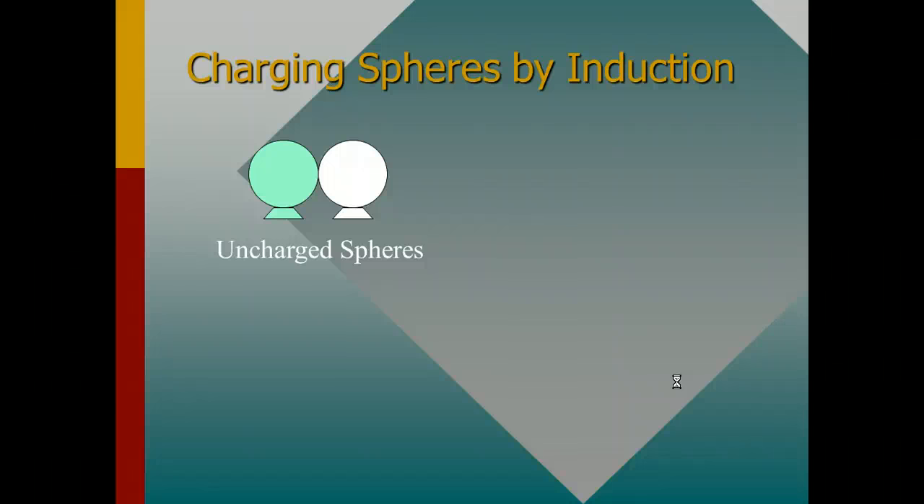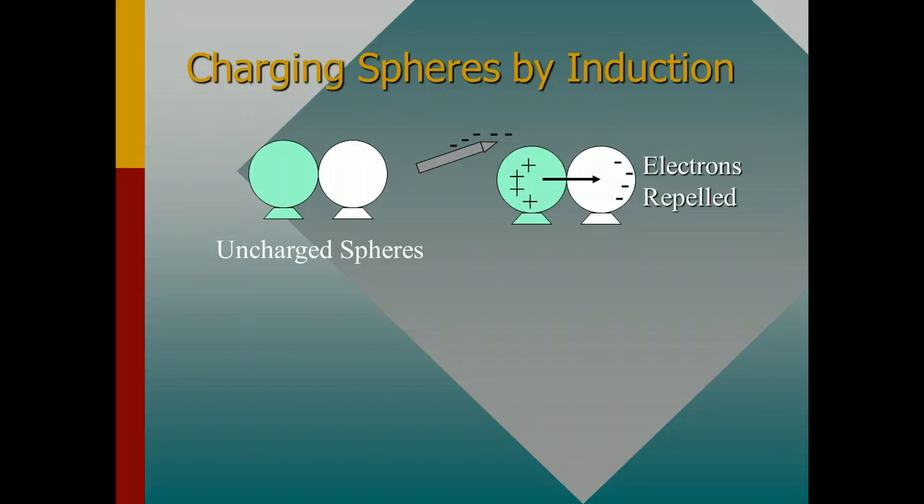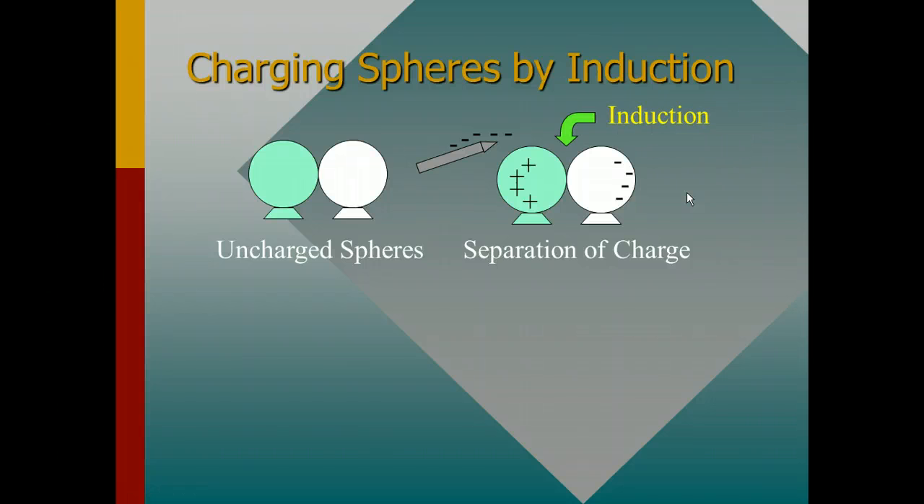So we can do that with spheres. If we have two uncharged spheres and we bring close to them this negatively charged object, we could do it with the negative or the positive, but this particular example does it with the negative. All of these electrons in the blue sphere are pushed away into the white sphere. These are in contact with each other. So the blue sphere now is positively charged, the white sphere now is negatively charged, and then we separate them,